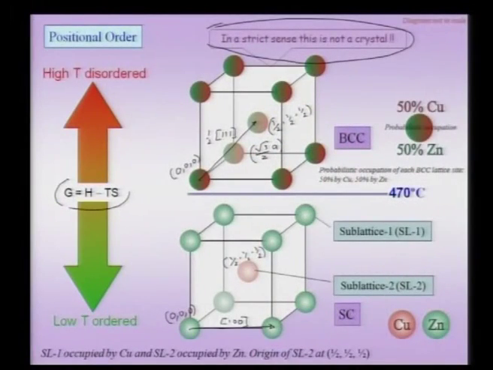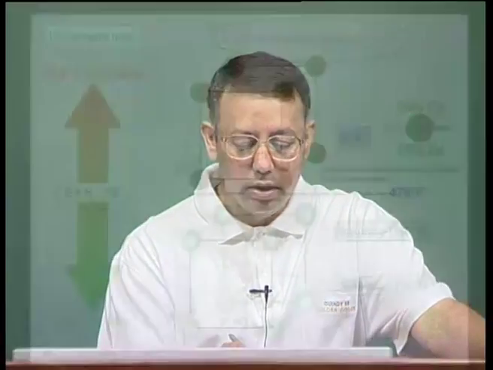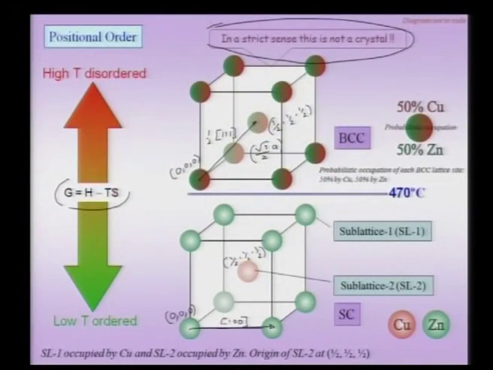Now, the question we are asking is, why is the high temperature phase the disordered phase and the low temperature phase the ordered one? The answer lies in our Gibbs free energy. Okay. So, we notice that the temperature is the weighing factor for entropy. That means, at higher temperatures the structure with higher entropy is stabilized, and at lower temperature the structure with lower